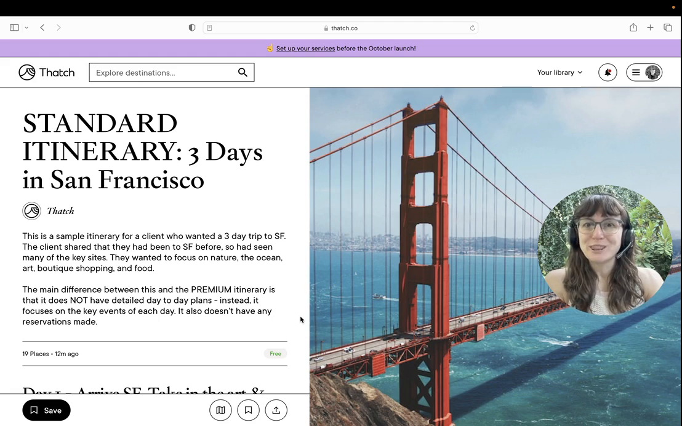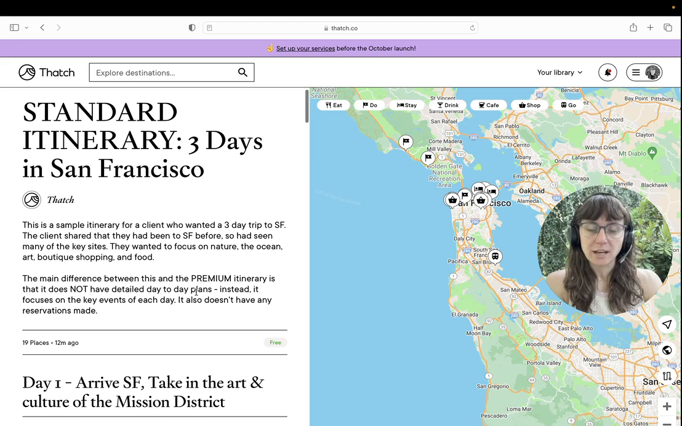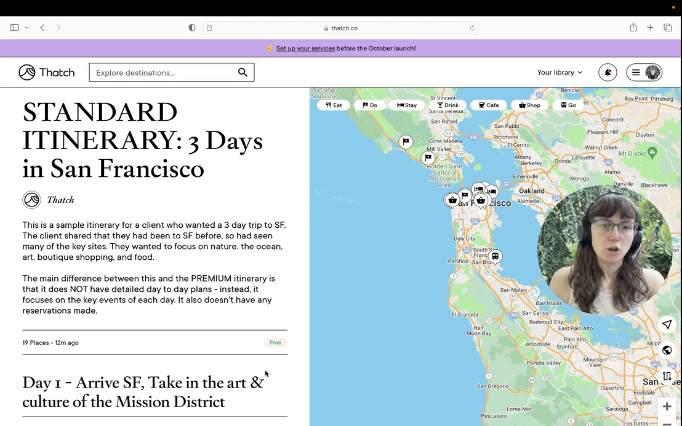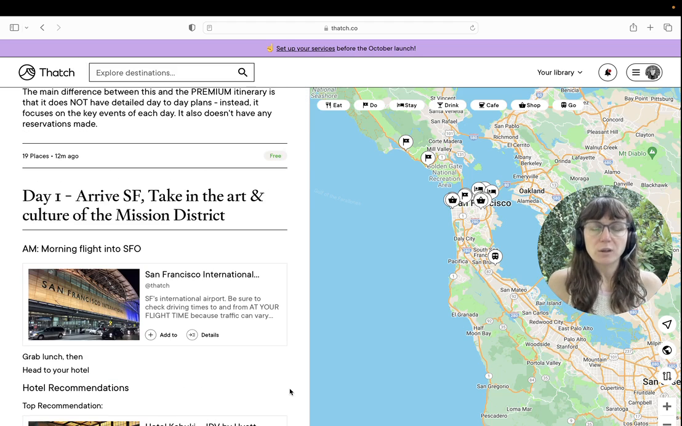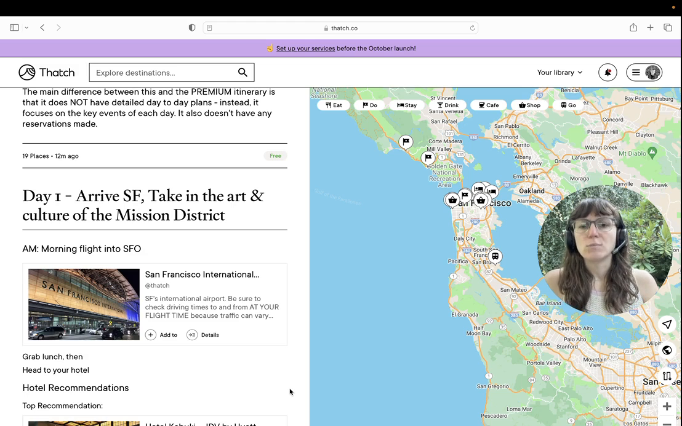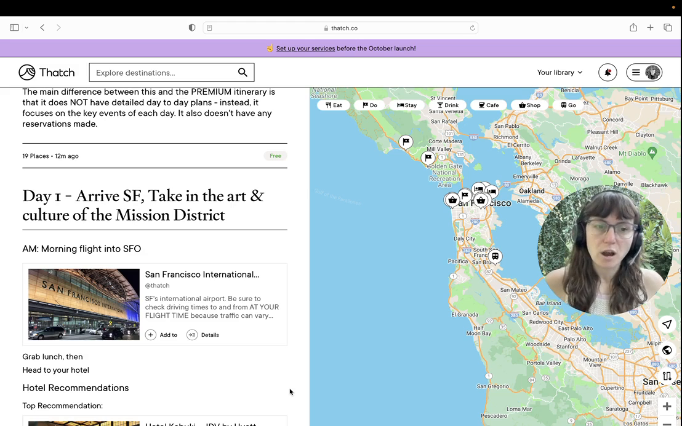We're going to start here with the standard itinerary. The request that the client has made is for a 3-day trip to San Francisco. This is the standard itinerary level. That is an itinerary outline and a list of recommended hotels. What we're trying to do is help the client understand roughly how they're going to spend their days so they can understand what part of the city they might want to stay in, or whether they have enough time on their trip,